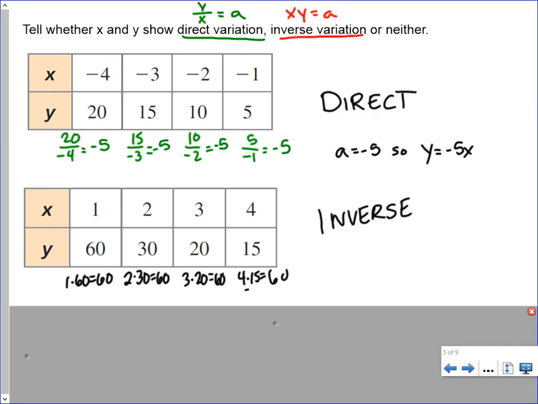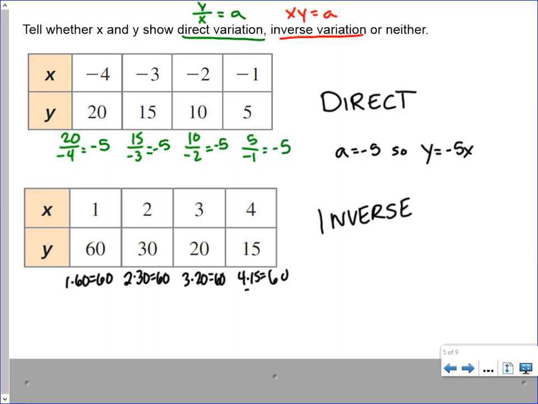They just multiplied them all together, the x and the y's, and when x times y equals the same thing, then it's got to be inverse variation. You could have started by checking for direct variation like we did on the first one, saying 60 divided by 1 is 60, and then you'd go to the next one, and as soon as you got to 30 divided by 2,